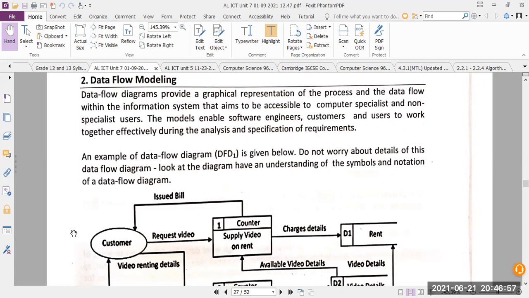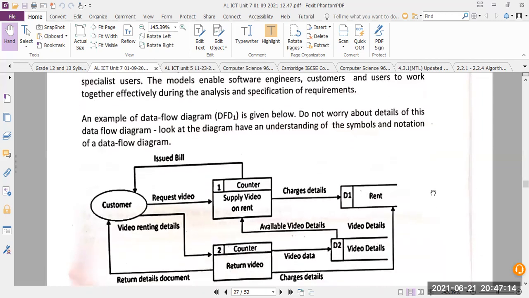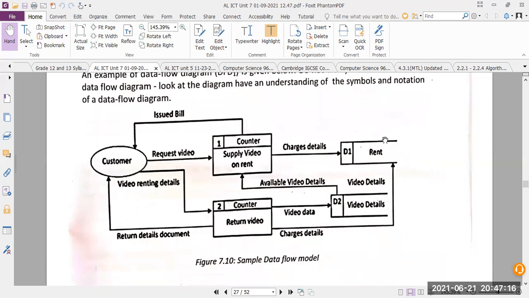Now, DFD level 1 is given below. Don't worry about the details of the diagram. Look at the diagram to have an understanding of the symbols and notation. Now I'm going to give you 5 minutes in silence with this diagram.